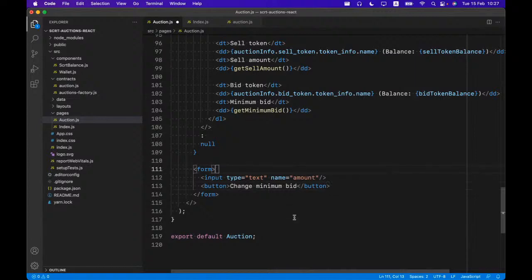Okay. This submit we'll call a function that will change the minimum bid. In this case,